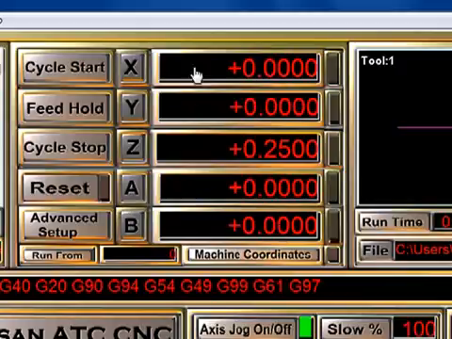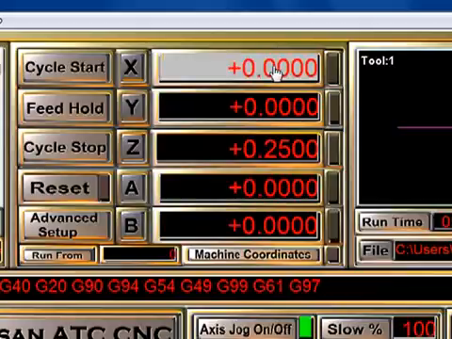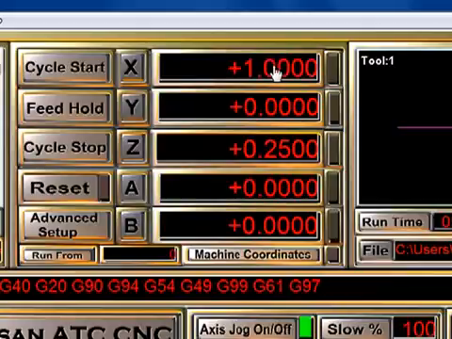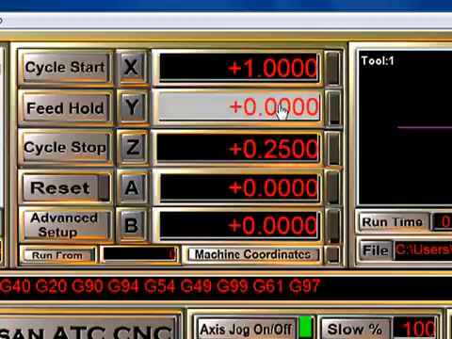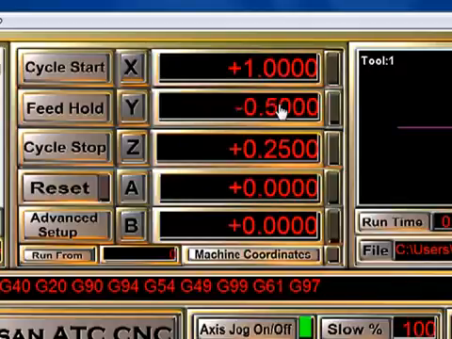If you want to set the work offset coordinates, let me go ahead and make an adjustment here in the X and the Y axes. Let's say that we position the cutter and we want to set this location for 0, 0. Simply clicking on the X to the left will zero the X axis. Clicking on the Y would zero the Y. If you click on the numbers and type in a number and hit enter, it will display that number. We can also enter a negative value as well.